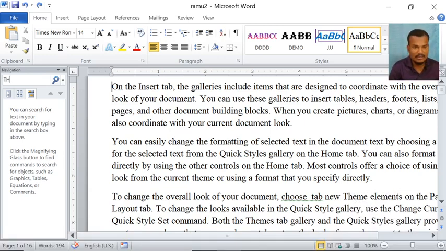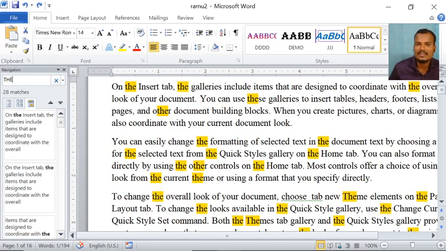Just type here "the". Observe, it is automatically showing.